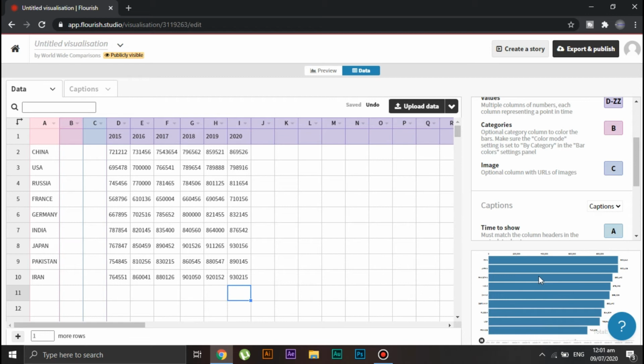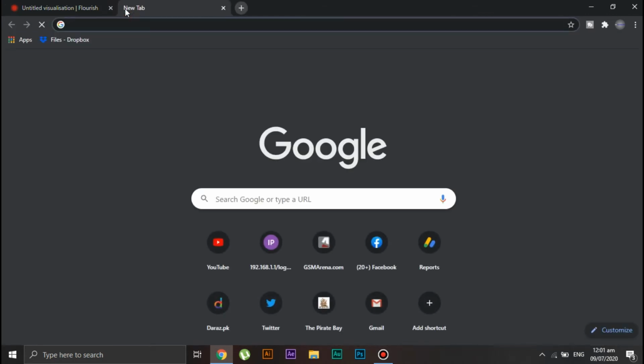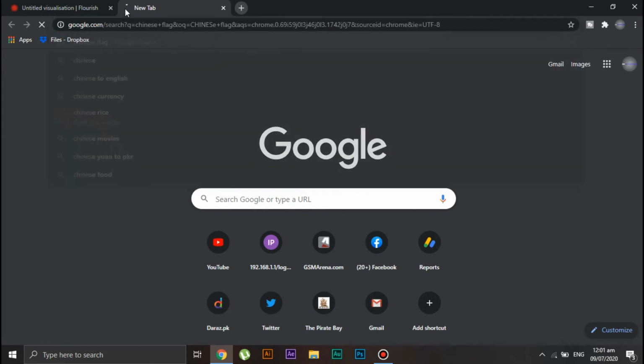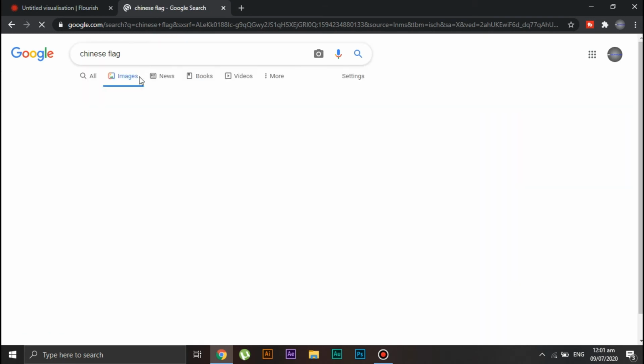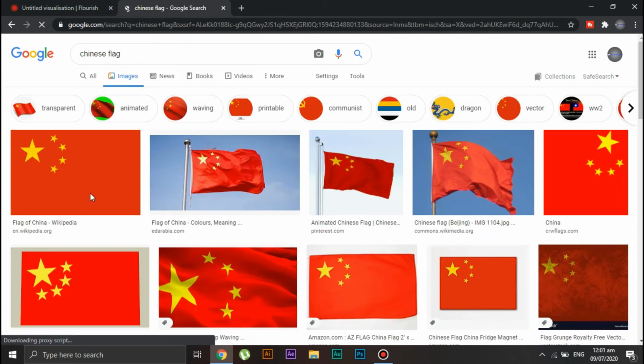So for that, open a new tab. I want the Chinese flag, so in the search bar type Chinese flag. Now click on images and then open this first image.